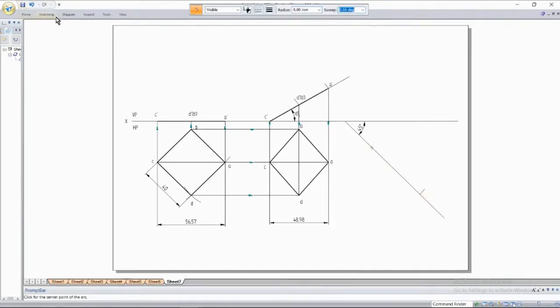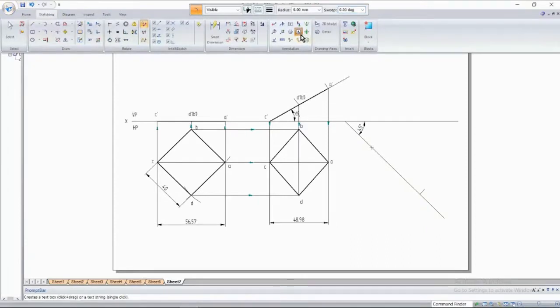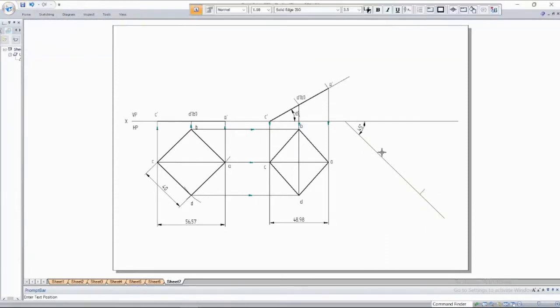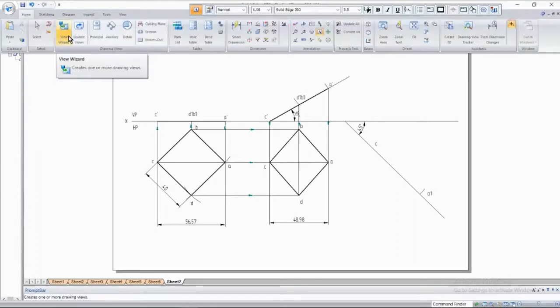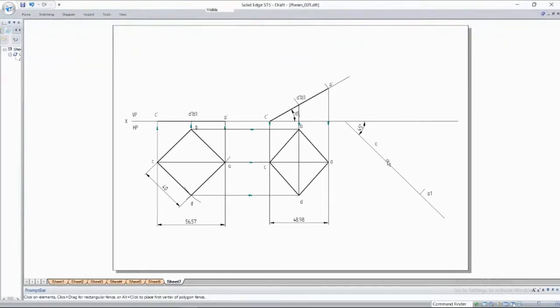After this, instead of naming it as A, I'll name it as A1. And here I'll name it as C.